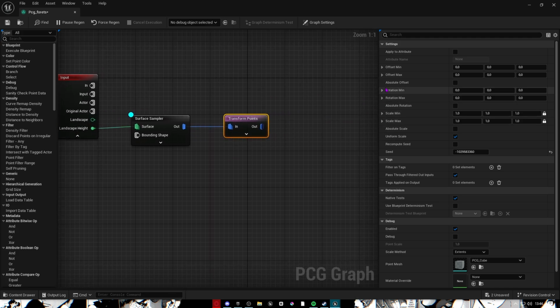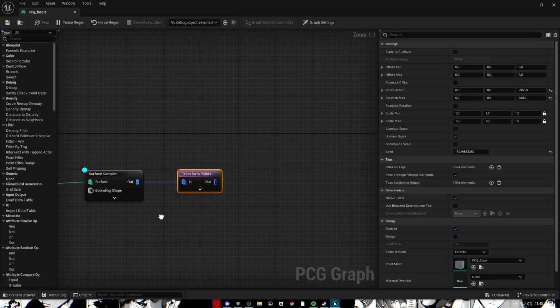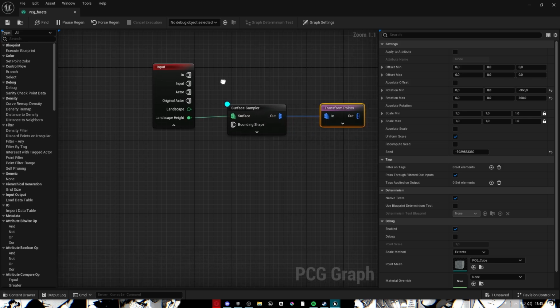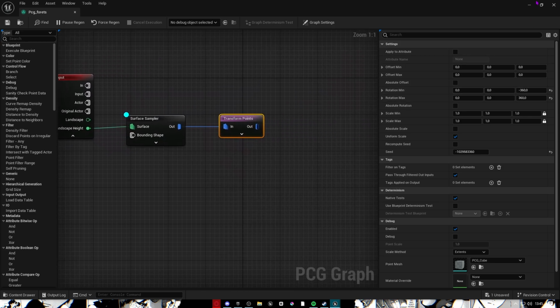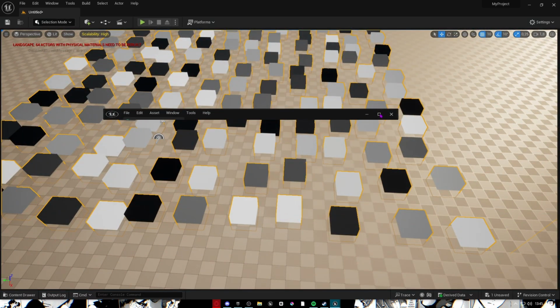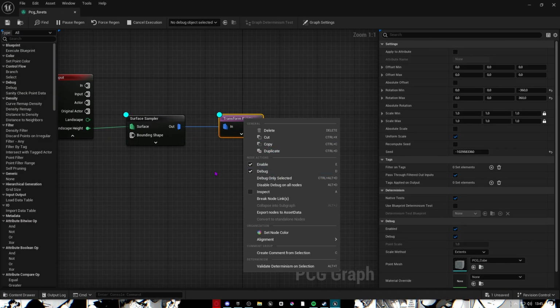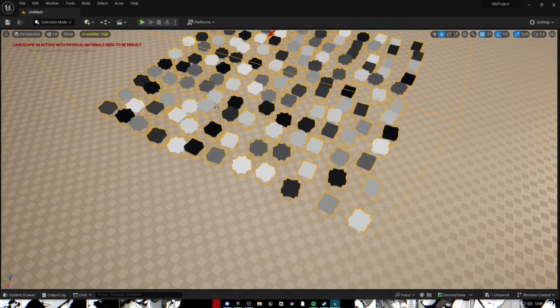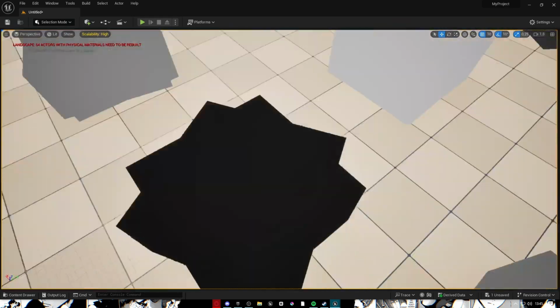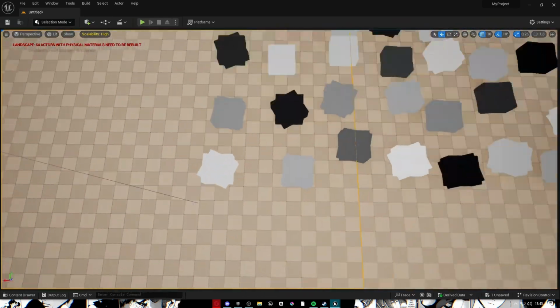For example, we can go to the rotation min and set this to -360, and we can also change the max to 360. Let's see at first how this looks. And also if we press save now, we can see nothing has changed because we have to debug it again. And now, it doesn't matter how the form is now,